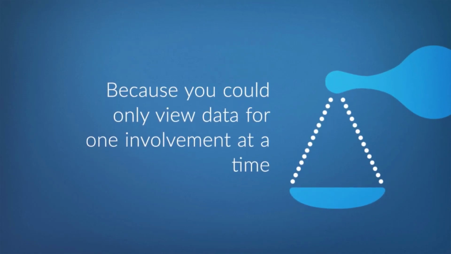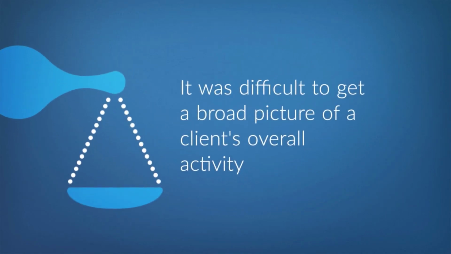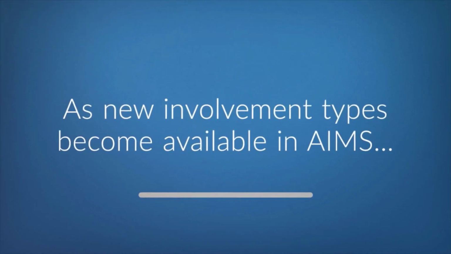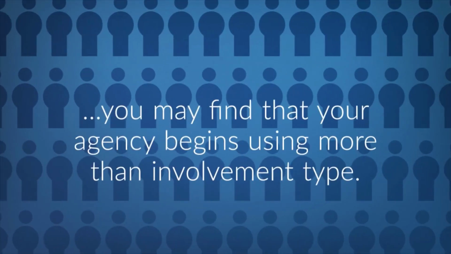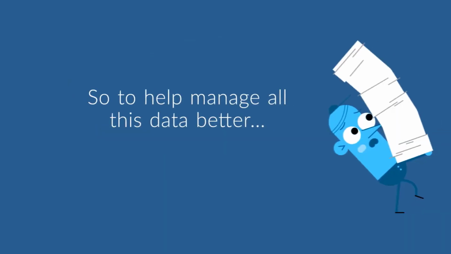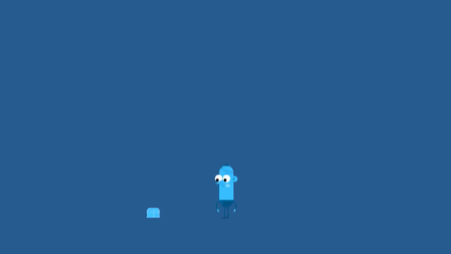Because you can only view data for one involvement at a time, it was difficult to get a broad picture of a client's overall activity if they had multiple involvements. And as new involvement types like diversion become available in AIMS, you may find that your agency begins using more than one involvement type. So to help manage all this data better, we moved from that involvement-centric layout to this